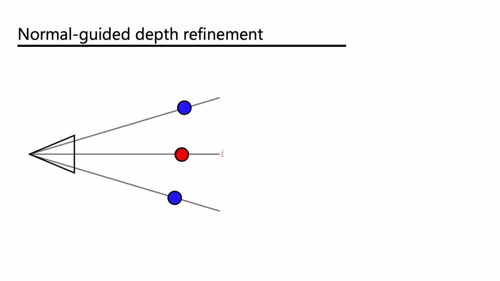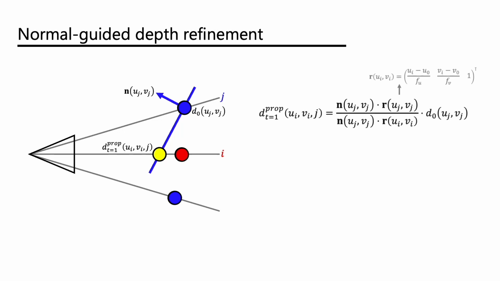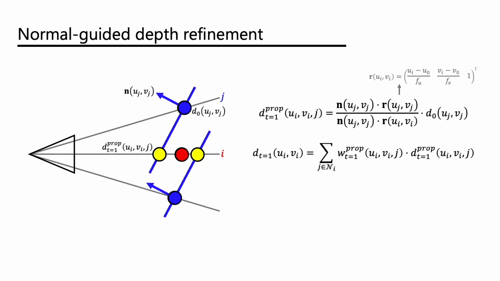Let's call this pixel I and call this pixel J. For pixel J, if we have some initial estimate on its depths and normal, we can propagate that information towards pixel I. The value of the propagated depths can be calculated using camera intrinsics, and this can be done for every pixel in the neighborhood. We can then treat the propagated depths as candidates for the refined depth map. The weighted sum of these candidates will give us the refined depth map, and the process can be repeated multiple